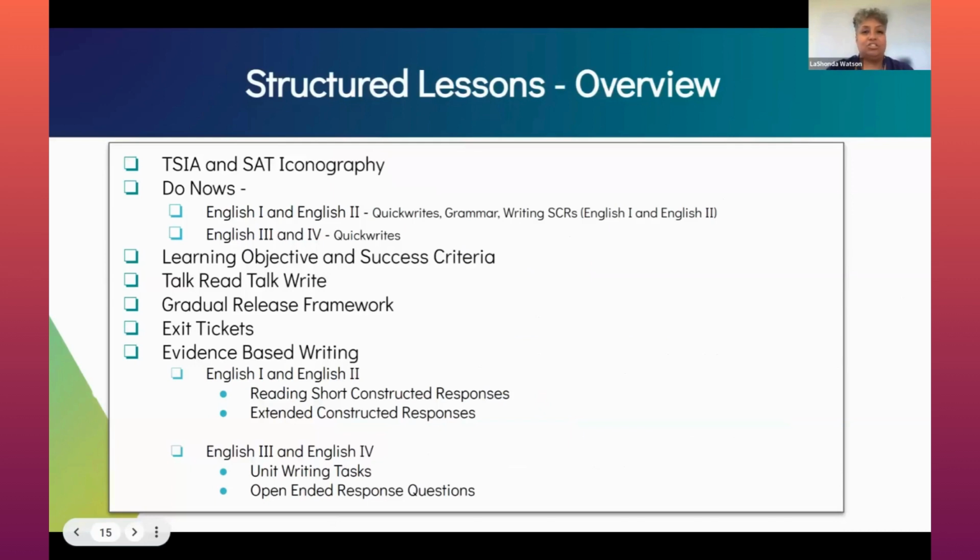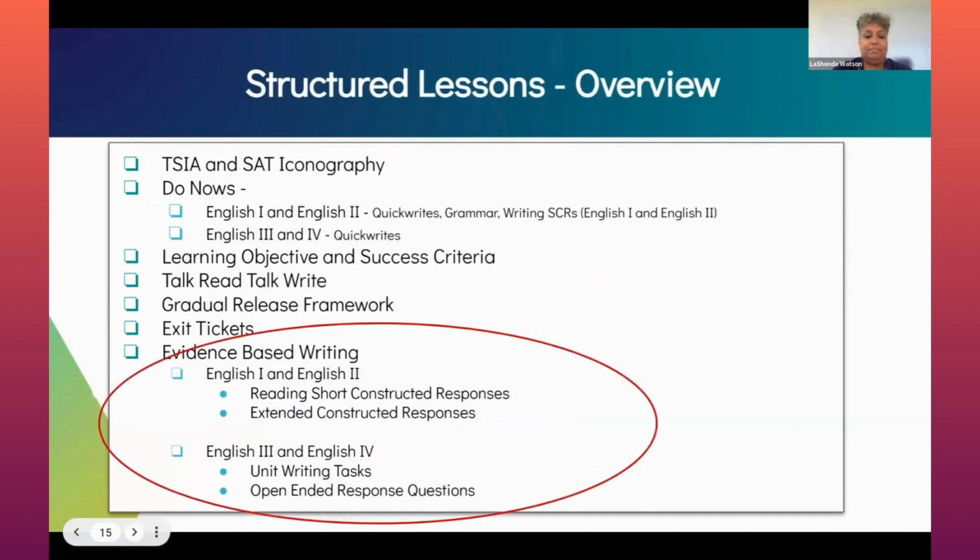So within the structured lessons, you have all of these things that are featured here on this slide. But what I want to pay close attention to is evidence-based writing. So all 4 grades will be required to do evidence-based writing. It will just look a little different for English 1 and English 2 than it will look in English 3